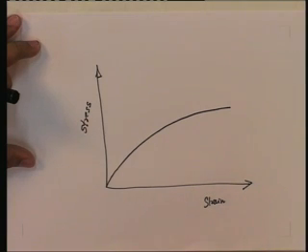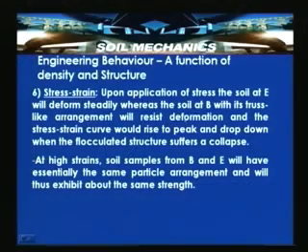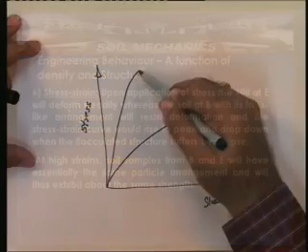That is, upon the application of stress, the soil at E will deform steadily, whereas the soil at B, with its truss like arrangement, will resist deformation and the stress strain curve would rise to a peak and drop down when the flocculated structure suffers a collapse. So, what is being told is that